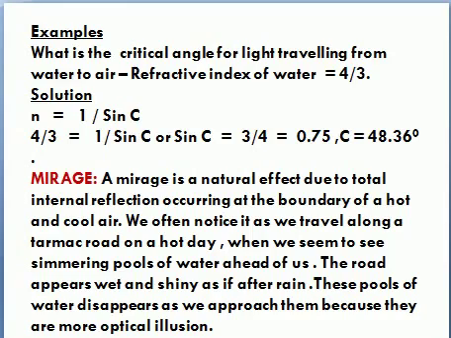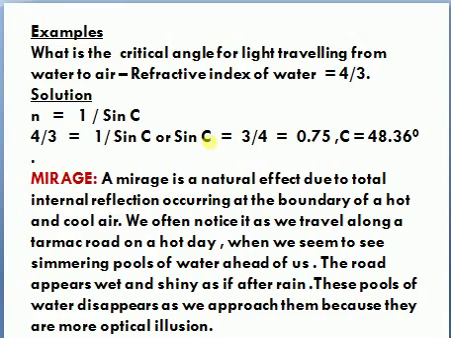Now let's take one example under this. Example: what is the critical angle for light traveling from water to air? The refractive index of water equals 4 over 3. Here we are looking for what? The critical angle. Now we use the formula n is equal to 1 over sine C, or you say sine C is equal to 1 over n. Remember we are looking for C, so we substitute. From the question we were given n, which is 4 over 3, equal to 1 over sine C. So sine C will be equal to 1 over